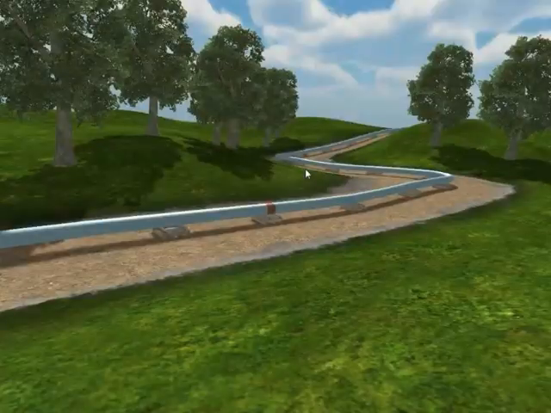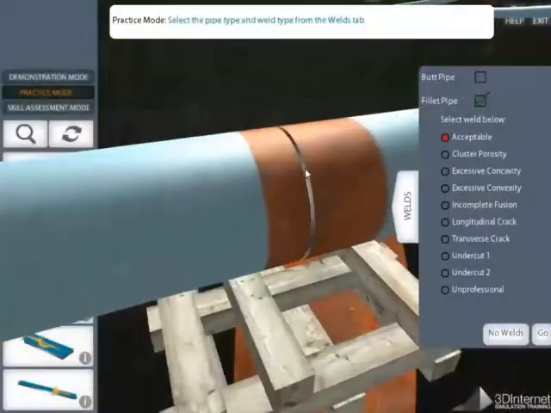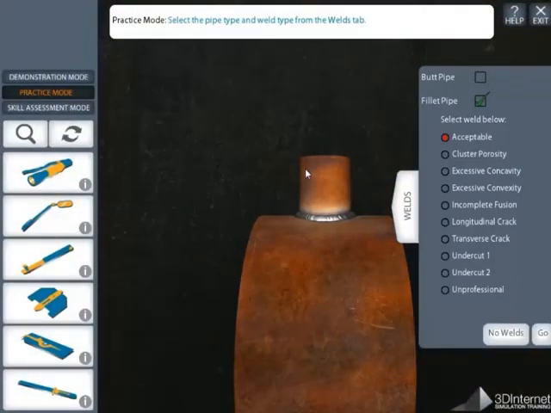This weld inspection simulator will teach you to recognize defects in welds. After completing this simulator, you will be able to more effectively identify defects in both butt and fillet welds. Learn how to use the weld measurement tools for inspecting weld defects and to check your knowledge of weld defect